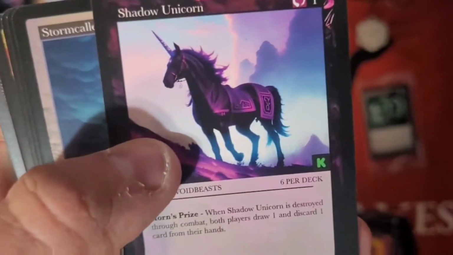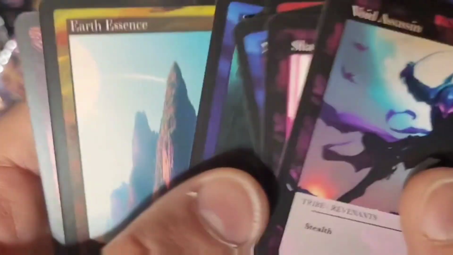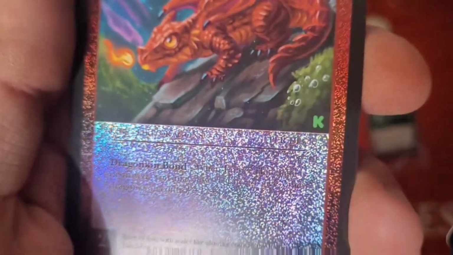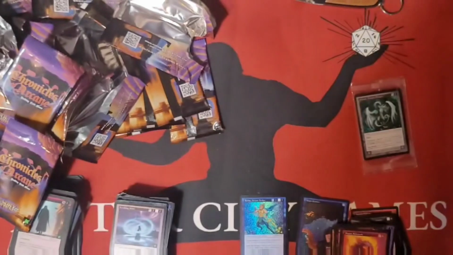I'm like, hey, look, it's a Stim Pack. Hey, look, it's a Deathclaw. Emperor Hatchling. Yeah, I don't like the foiling on the words. But